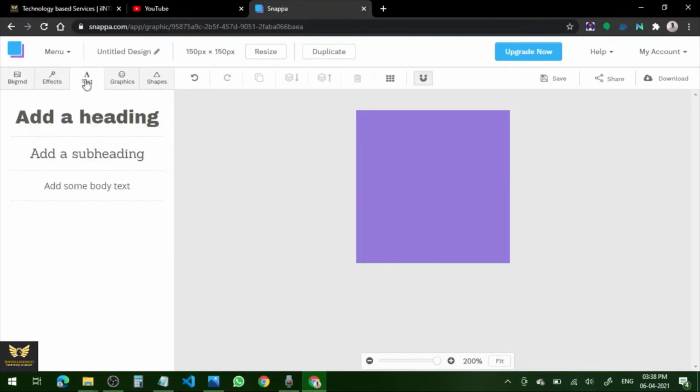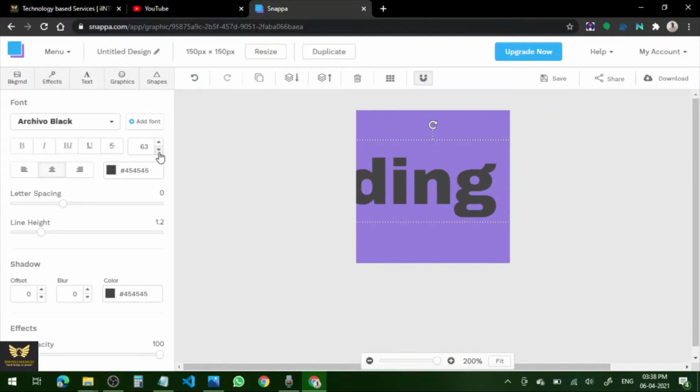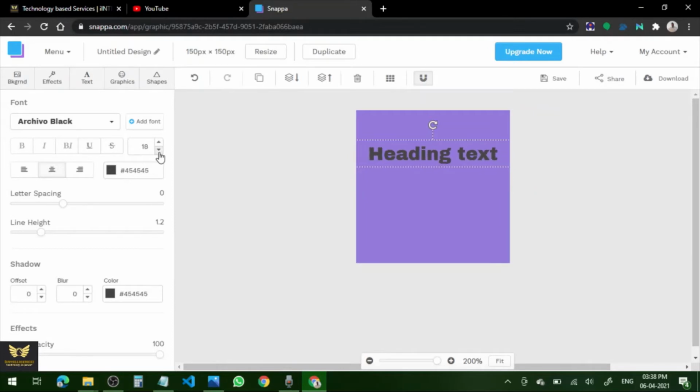Then text, I am adding the text. Click on add a heading. It's bigger in size, so I am reducing the size of the text. Even letter spacing you can change, line height also you can change.